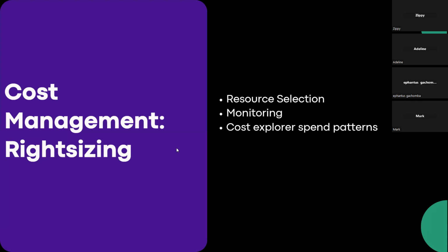Okay, so yes, we do, but we usually do that as part of what we call the Well-Architected Framework Review. For the review, you get an assessment of your AWS environment, everything that is running. You get an assessment based on the pillars of the Well-Architected review, but we also have an option where if you specifically just want a cost optimization assessment, then we also provide that for you.